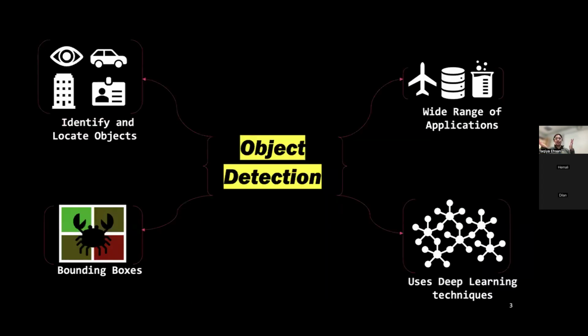To motivate it, what is object detection? Object detection is identifying anything that's within a given visual, which can be an image or a video. You're not only identifying objects, you're drawing bounding boxes around them. There's a wide range of applications, as you can already imagine. Google uses object detection all the time to do facial recognition and to group pictures of your friends together, right? And in the past, it was done using